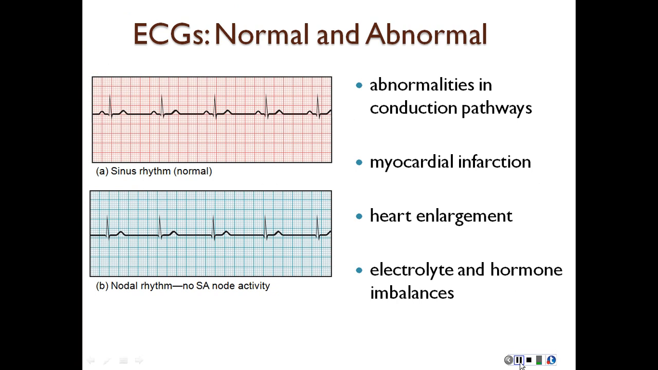This is the easy part, where you have to label the waves, the P wave, the QRS, and T wave. For the P wave, I might have A. For the QRS complex, I might have B. For the T wave, I might have C. And I may ask you, which of these,